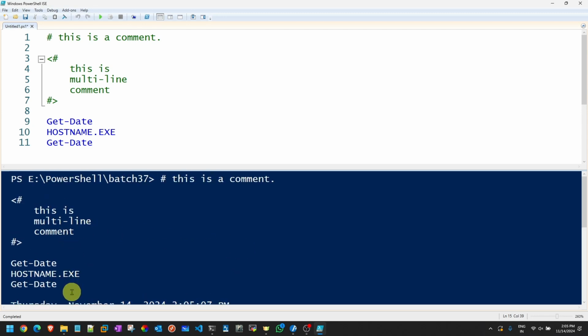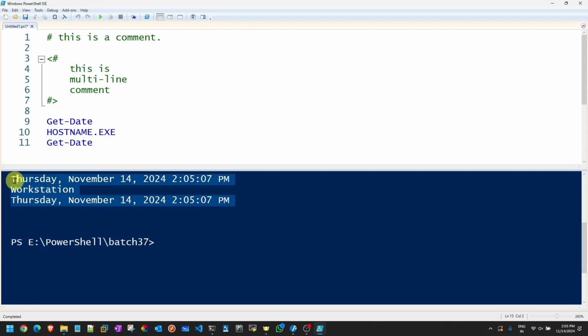But also you can see that we have the comments also available over here. When you run the entire script using F5, or the Run Selection function, if you press any one of them, it will show this compiled data also, and then it will show the output. So generally what I do, I write the command called Clear-Host. Either you go with the command called Clear-Host, or as a shortcut you can use CLS. Use any one of them.